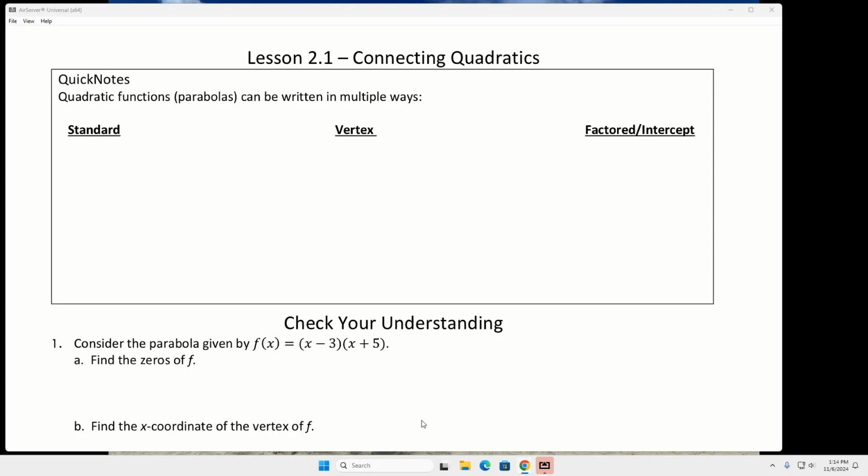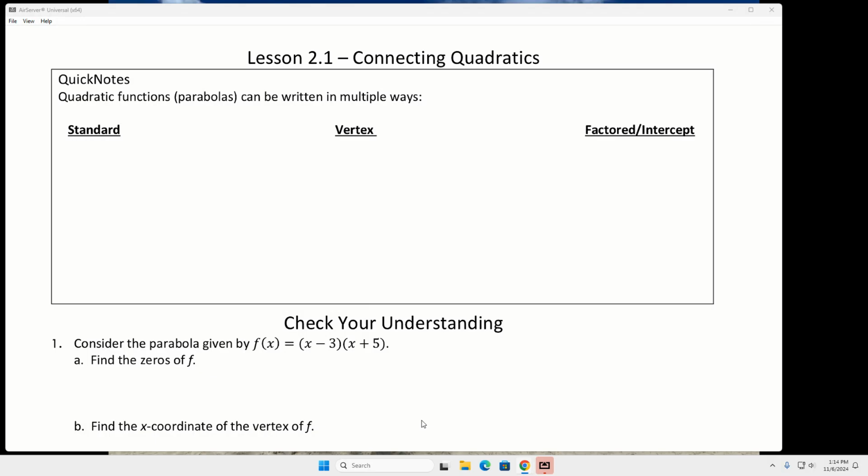Right, so yesterday you guys did the Match My Parabola activity, and we talked about the three different forms of a quadratic or a parabola. So we're going to talk more about that today. Yesterday you kind of just played with the numbers until you could get it to fit. But today we're going to actually find algebraically how you find that value in the front to make it fit